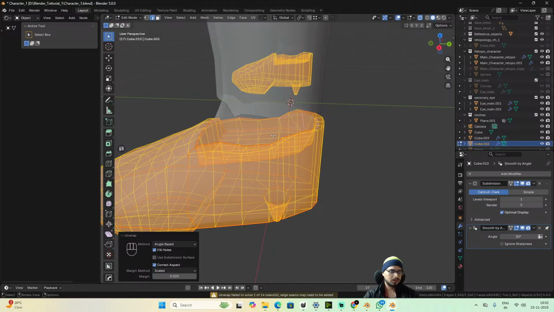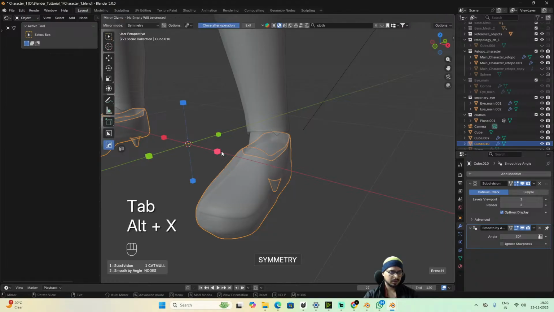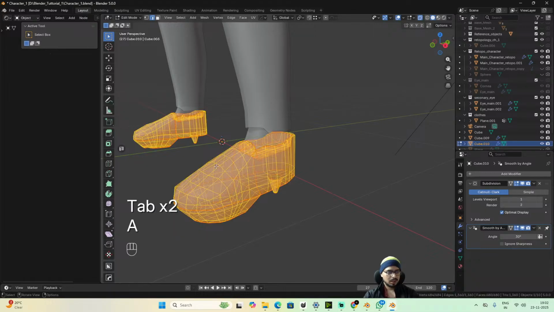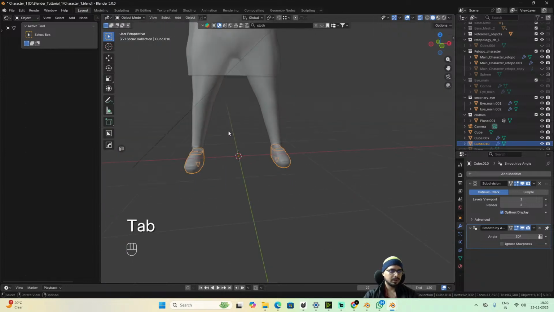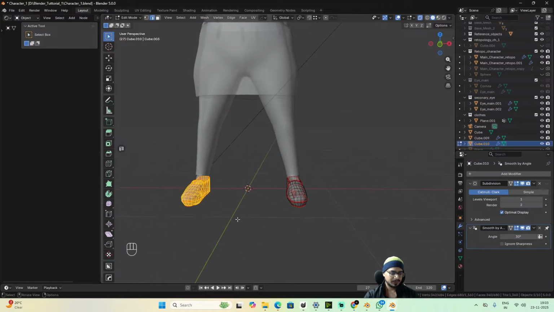Okay, so actually there are two of them right now, so before unwrapping I'll just symmetrize it again so that symmetry is applied to the other one as well. And you unwrap by angle, or let's do one thing, we'll keep the UVs overlapping for these two so that we get a larger space for coloring or adding textures to a single sandal maybe, or what, shoe maybe. Like I'll delete this half